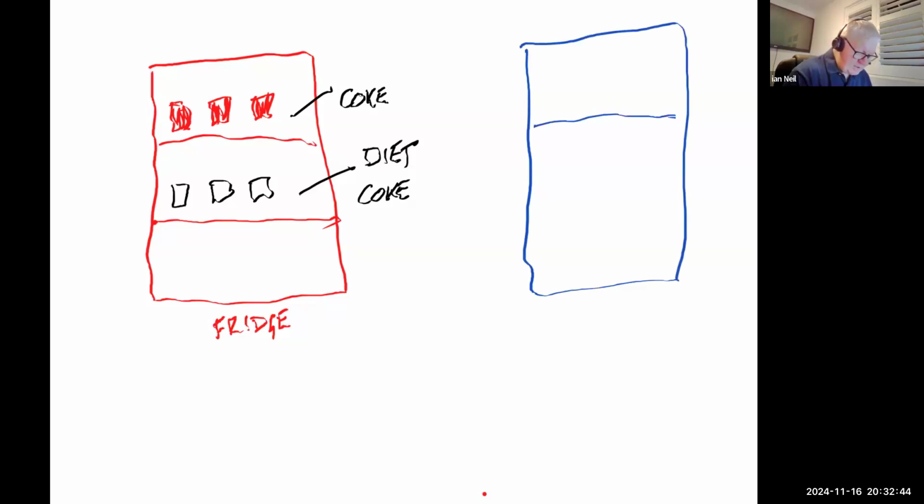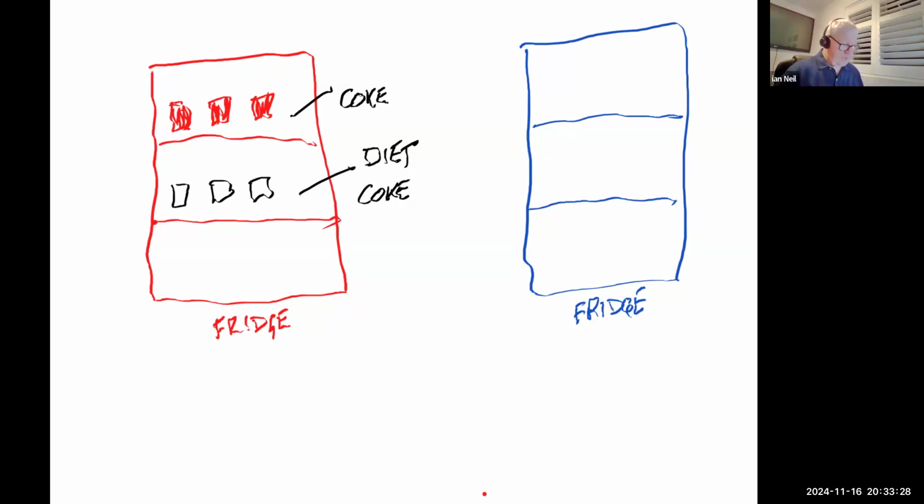And you can see that this is a blue fridge. Now, do we have to phone up the Coke people and say, I would like you to reconfigure my Coke so it works in a blue fridge? If you phoned up the customer service at Coke and said, look, I've got a red fridge, I've now got a blue fridge, I want you to reconfigure the Coke to go in the blue fridge, they'll send for the psychiatrist because they think there's something wrong with you. Now, how do you move the can of Coke from the red fridge to the blue fridge?